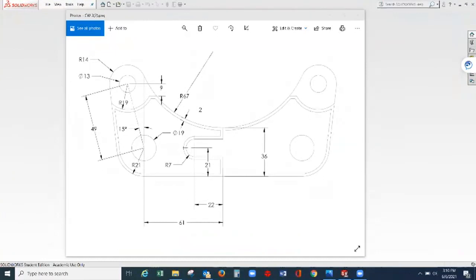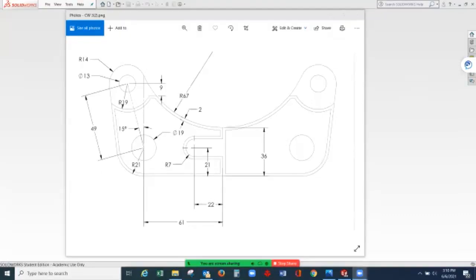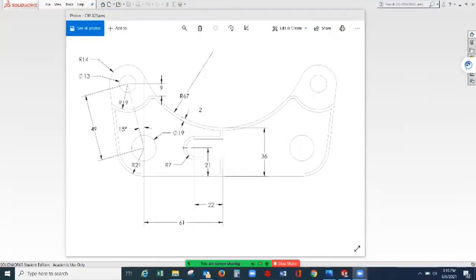the best starting point. So analyzing this drawing, let's take a look at the circle on the left side. We can start with this circle with a given diameter of 19 and a radius of 21.